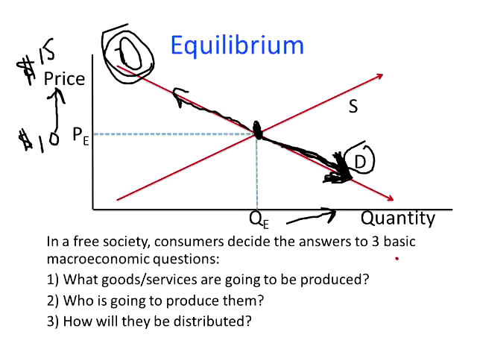But from the producer's point of view, on the supply line, when the price is going up, the producer supplies more product. So when I talk about demand going down, let's